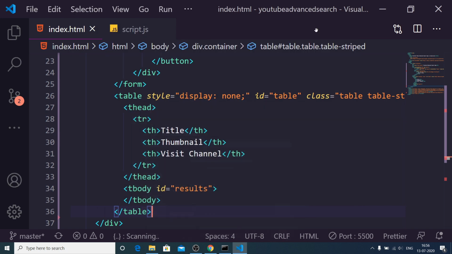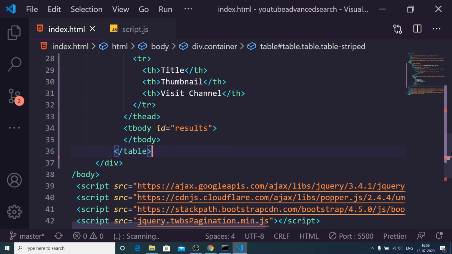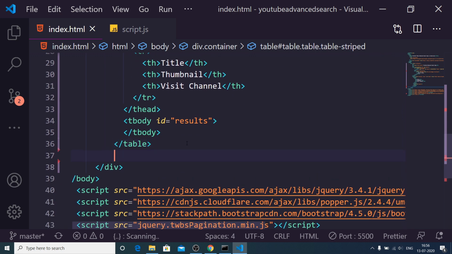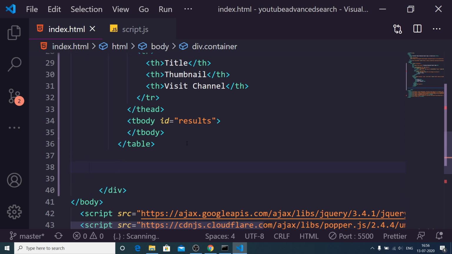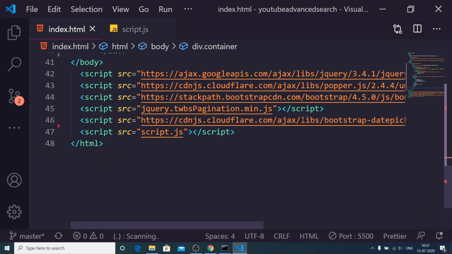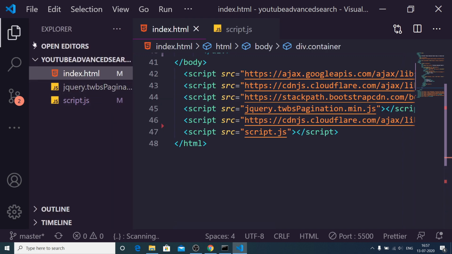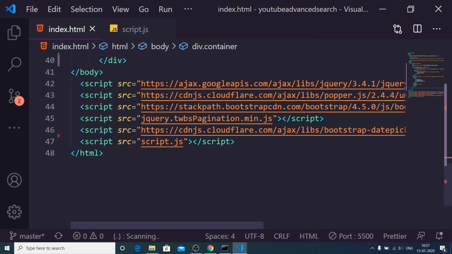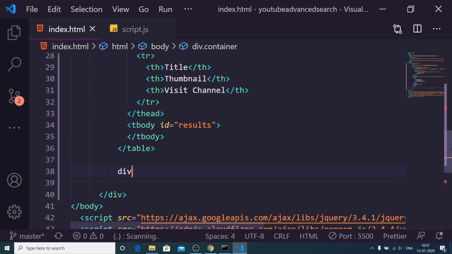Now guys, we will implement the pagination process here. So to implement the pagination process, we need to first of all add some index.html code here. So just after the table, we will have the pagination links here. So we are using a pagination plugin here. You can see that we are including the CDN. We have included that plugin here, which is jquery.twbsPagination.min.js. You will have this file inside your local directory. So I have provided the GitHub link here, so you can download that.